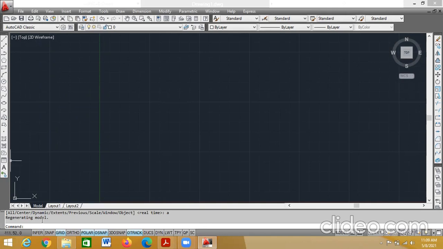Now I have zoomed the entire screen for an A4 size paper. I have selected A4 size sheet. I have selected units as millimeters, angle as in degrees. Okay. So now these are all the grid properties. These are the properties toolbar. See, grid, you don't select this grid. Select the ortho, O snap and O track. I've told you what is ortho, O snap, O track. It is there in the manual.